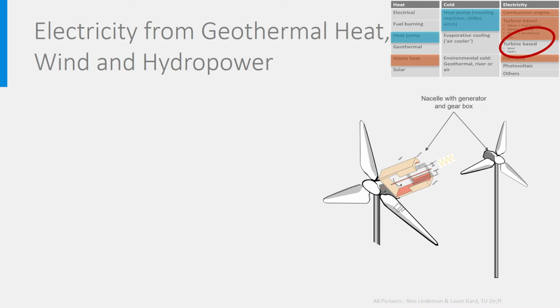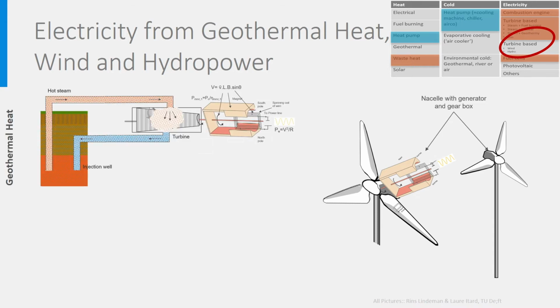In a geothermal power plant, the steam comes directly from the ground. The temperature deep in the earth differs a lot depending on the location. In some places, steam at more than 200 degrees can be obtained, which is very convenient to power a turbine, like on the picture. So instead of using the steam for district heating application, it is this time used to produce electricity. Mostly, the system combines both at the same time and therefore is also a combined heat and power